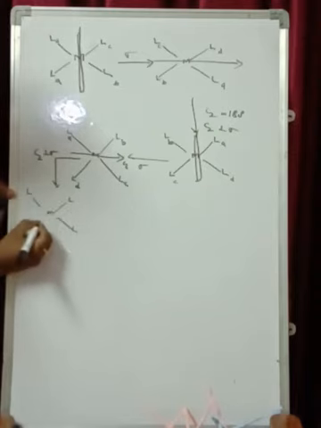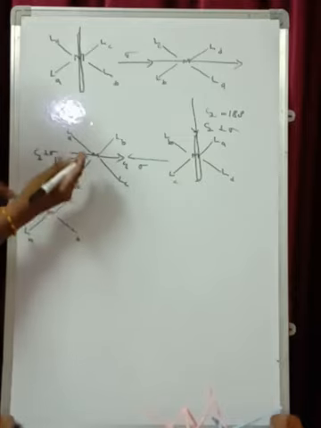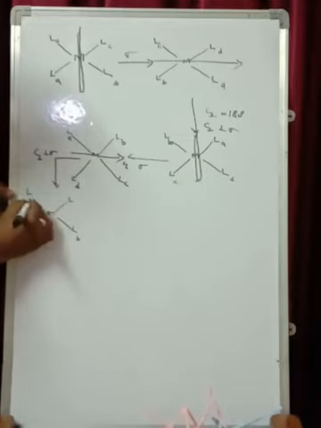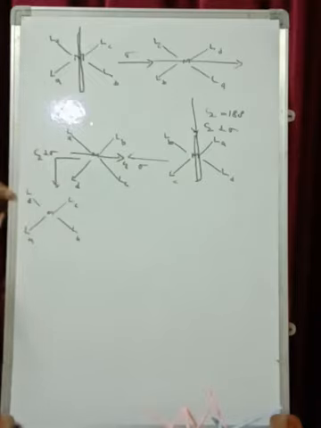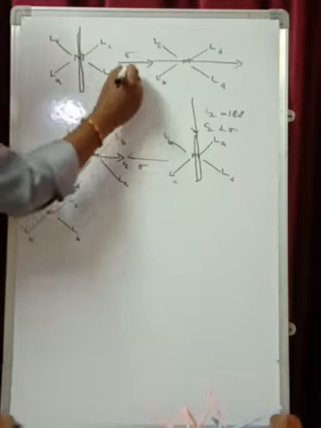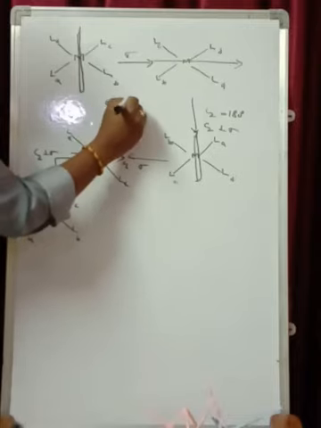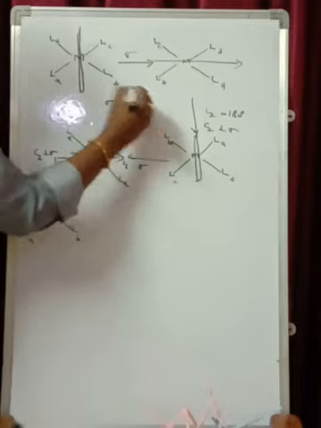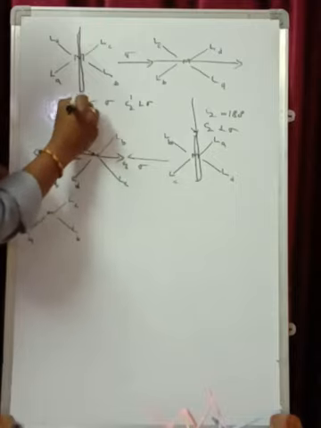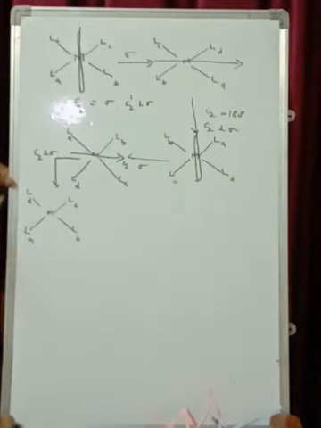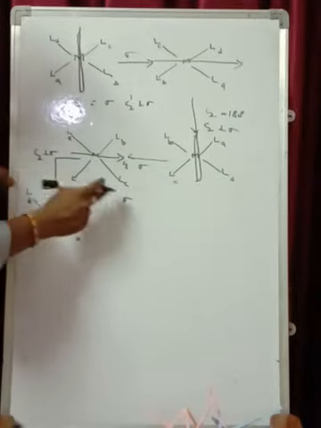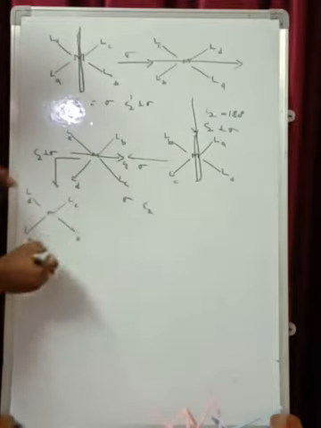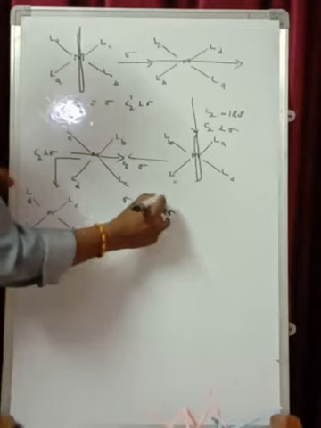On rotation, what is happening? A and B will be coming below the plane, D and C go above the plane. If you look at these two structures, they are identical structures. So initially what we have done is sigma followed by C2 perpendicular to sigma. Therefore, this will give you what? S2. Here in this case, sigma is followed by C2 perpendicular to sigma.